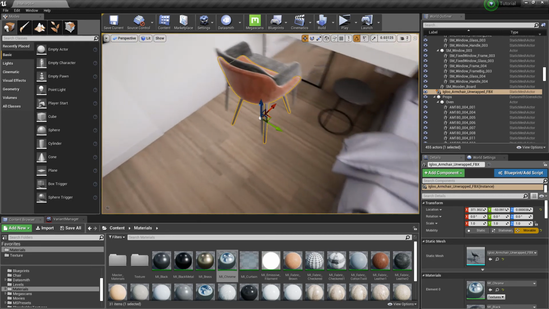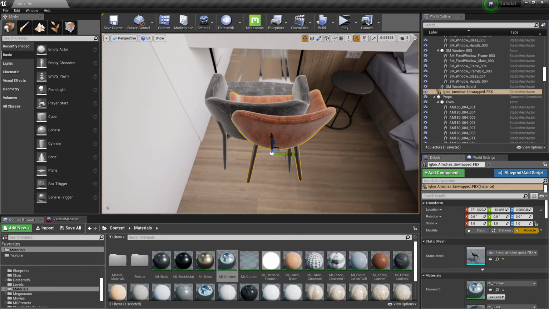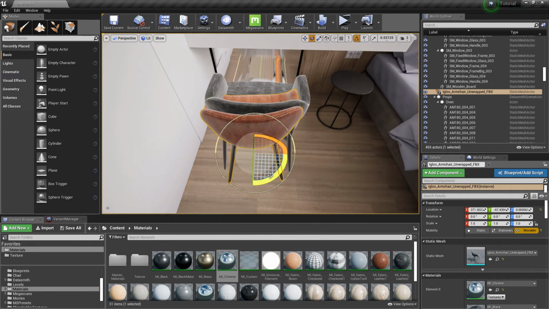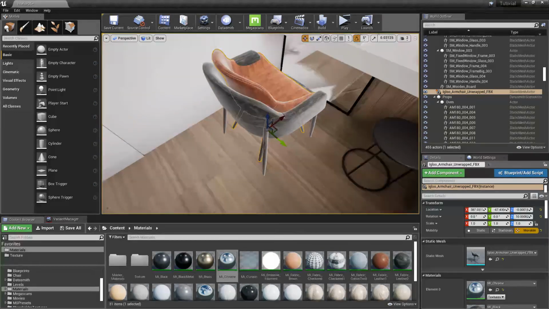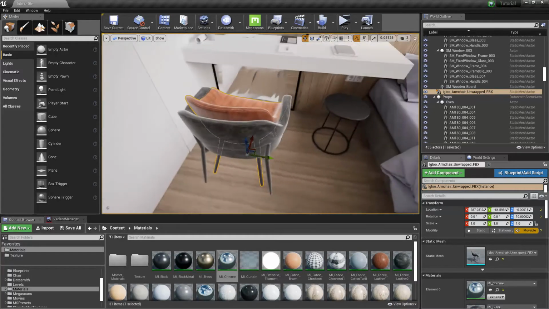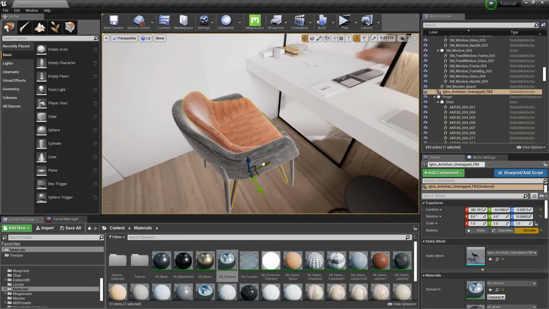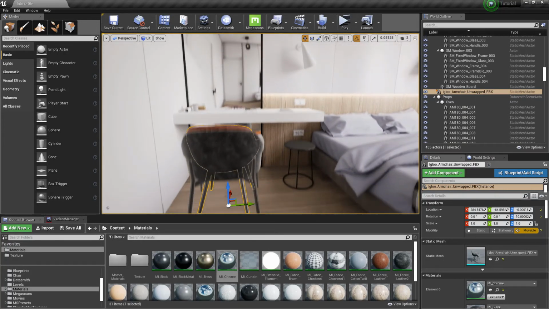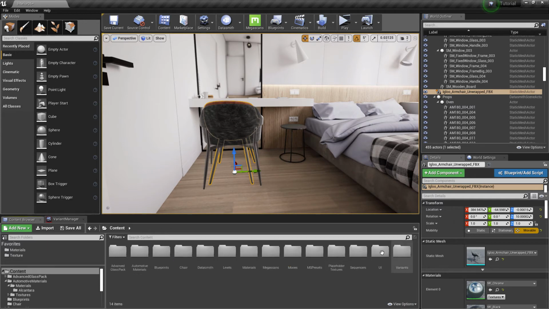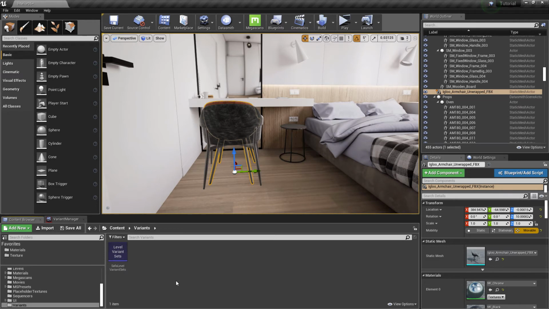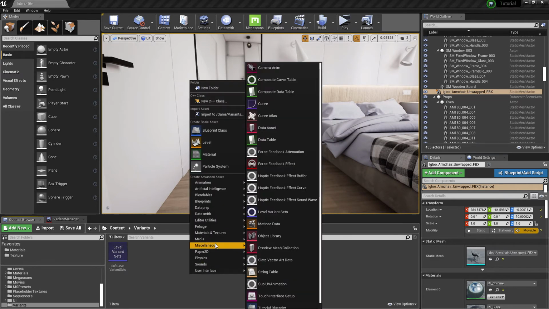Let's move it to its place. Let's create a level variant set for chairs and name it.